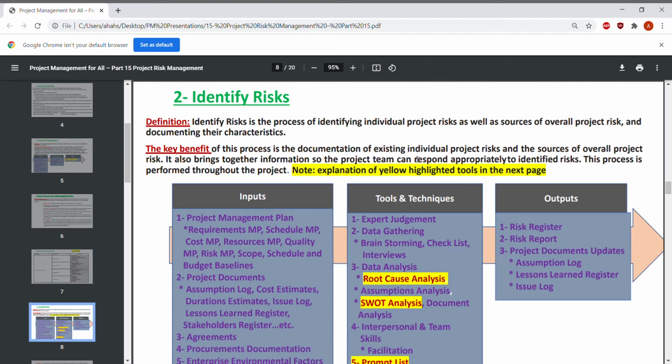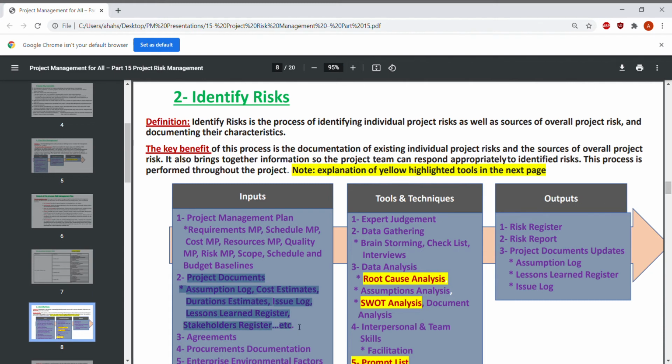And this process is performed throughout the project. It's not like the plan risk management that's done in the planning phase. This one is a continuous process. The inputs of this process are the project management plan, all sections of the project management plan, and the schedule and budget baselines. The second input is the project documents, which could be assumption logs, cost estimates, duration estimates, the issue log, lessons learned register,